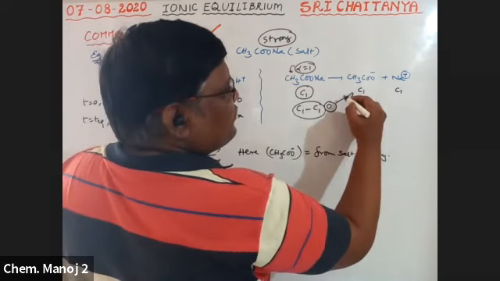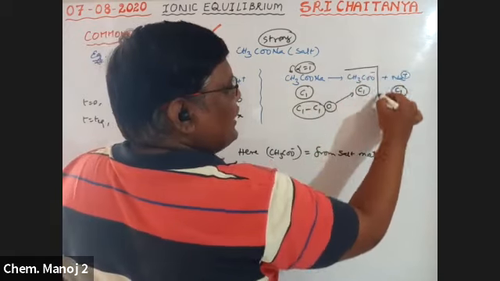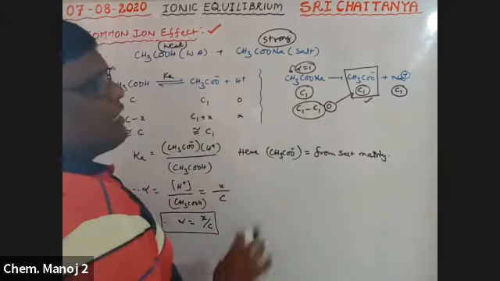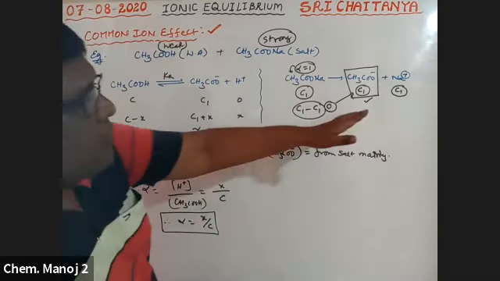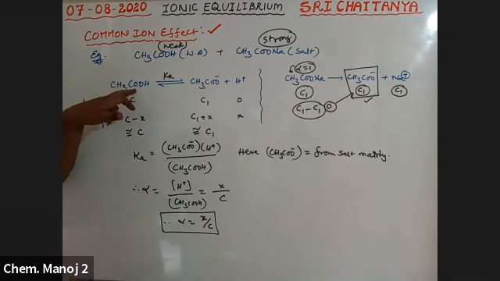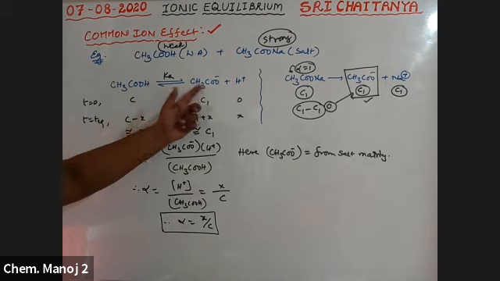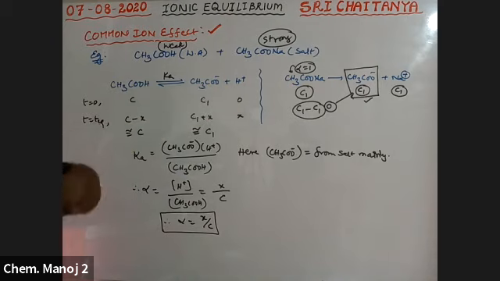Now how much is this value? C1 is coming out and C1 is coming out. Therefore, the CH3COO- ion concentration is C1. It is from the salt, a strong electrolyte, so it is completely ionized. Along with this, there is another chemical, CH3COOH, which is not completely ionized. It is a weak acid. Its equilibrium is CH3COOH equals CH3COO- and H+ ion.